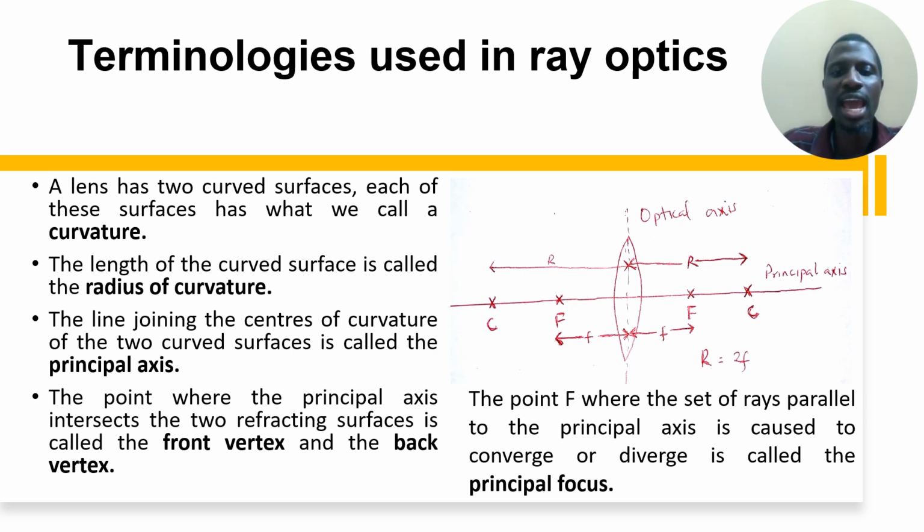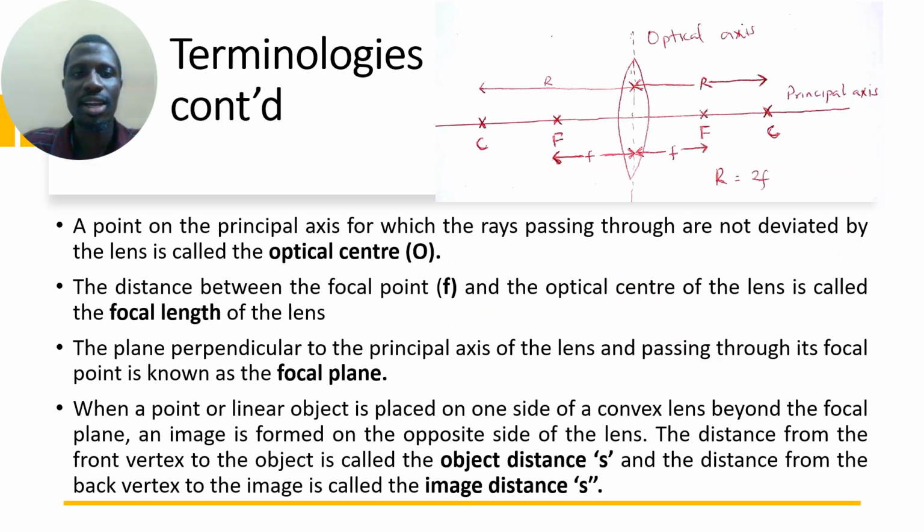The point F, as indicated in the diagram, where the set of rays parallel to the principal axis is caused to converge or diverge, is called the principal focus. The point on the principal axis for which the rays passing through are not deviated by the lens is called the optical center,